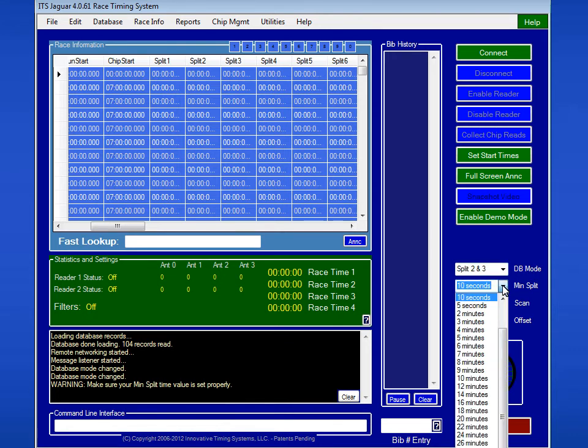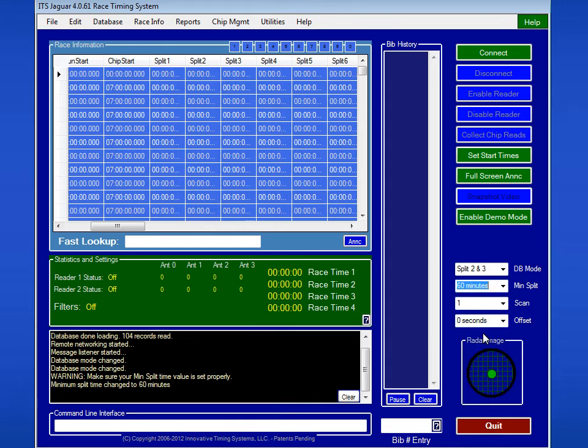So what we can do is we can use minimum split and we can decide how much time has to elapse between the split 2 before we record split 3. So for example, if we set that, say, to 60 minutes, one of our options, that would essentially say when they come out on the bike, we'll record their time in split 2, but they have to have been gone for at least 60 minutes before we'll record the split 3. If they come back earlier than that, it's not going to get written to the database because it's not a